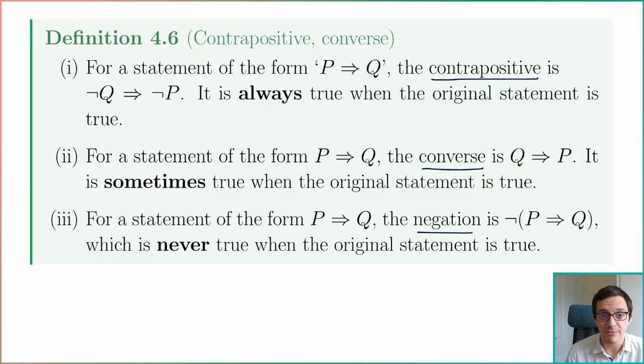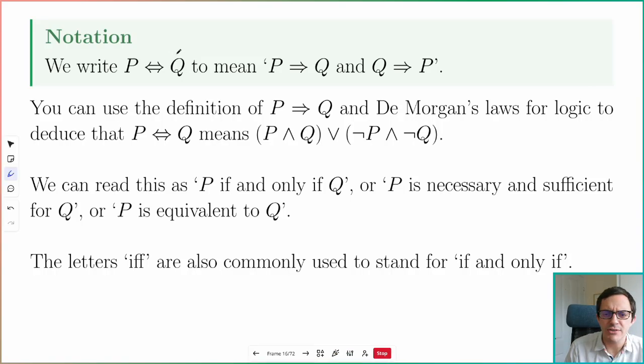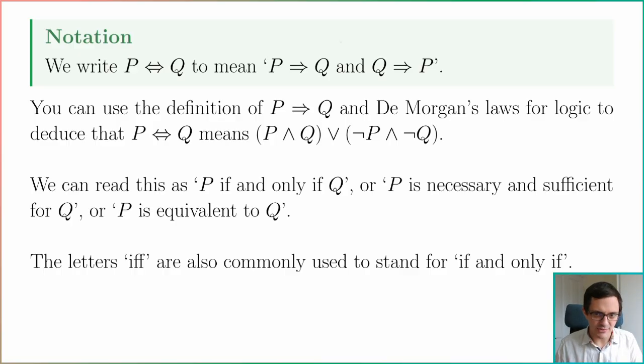There's one more special bit of notation that I want to show you, and that is the double-headed implies sign. So we write P is equivalent to Q to mean P implies Q and also Q implies P. So if you're lucky and both of them imply each other, then you can write this double-headed arrow. You can use the definition of P implies Q and De Morgan's laws of logic, which we had in a previous video, to deduce that. In terms of logical notation, what this means is